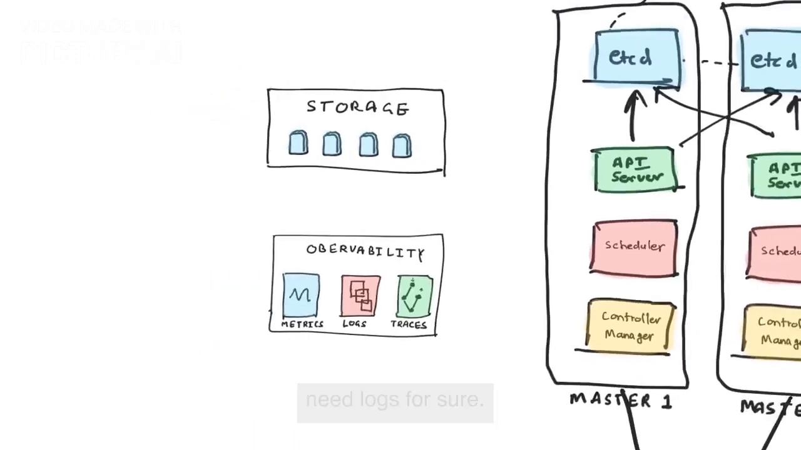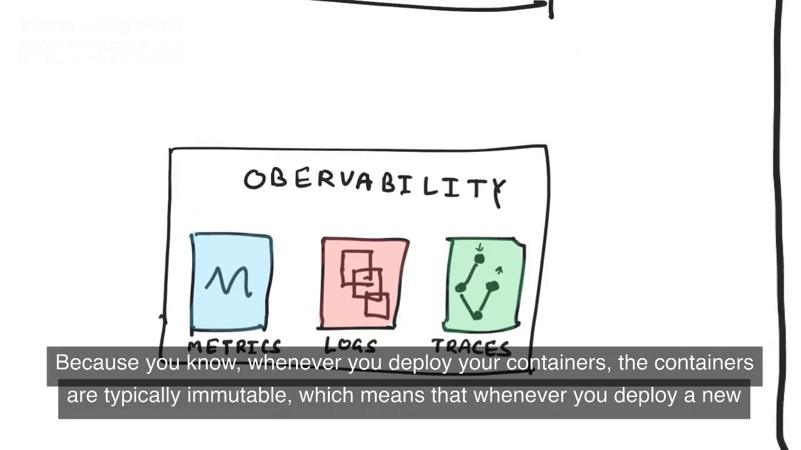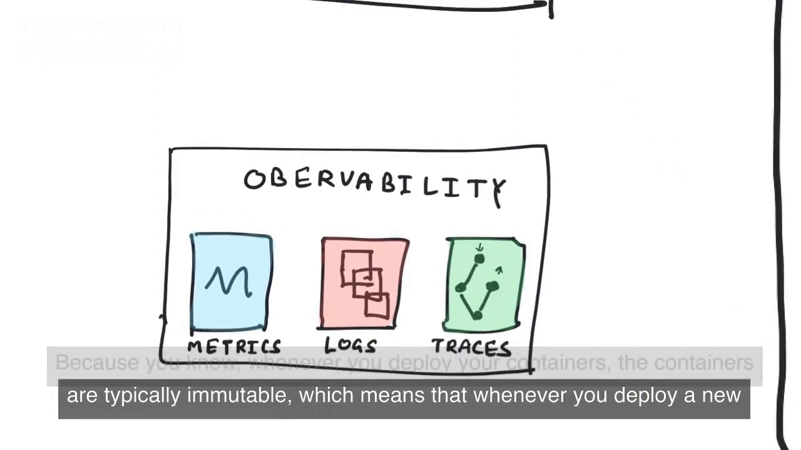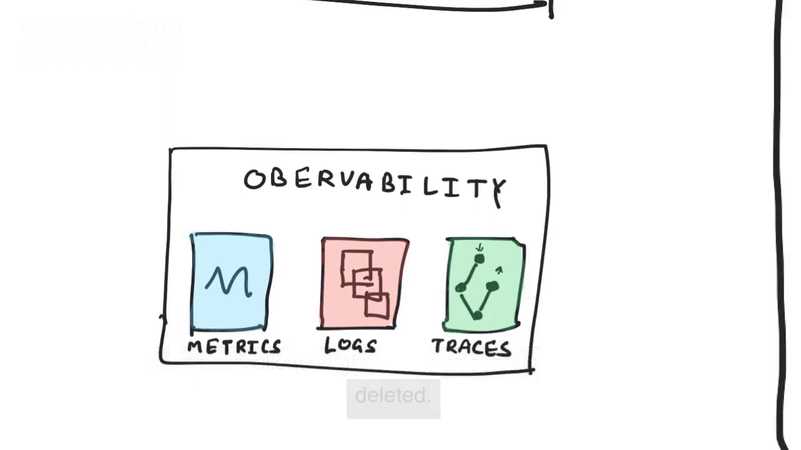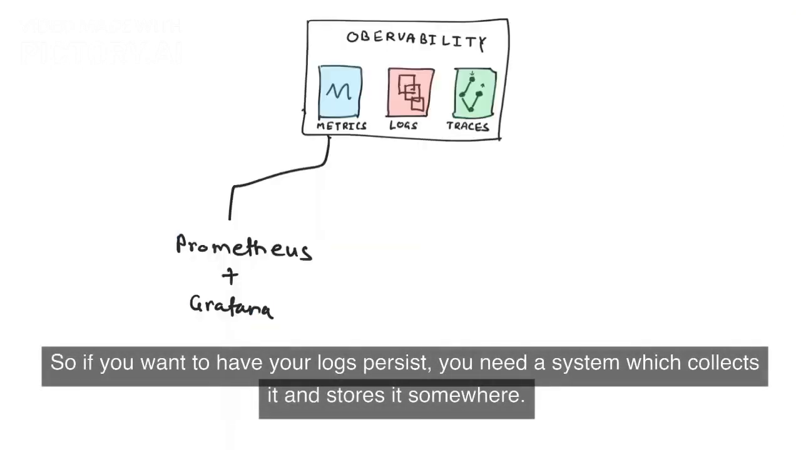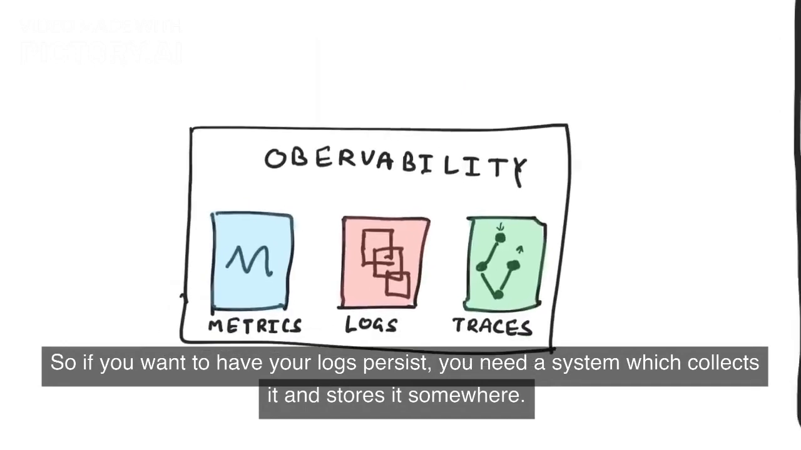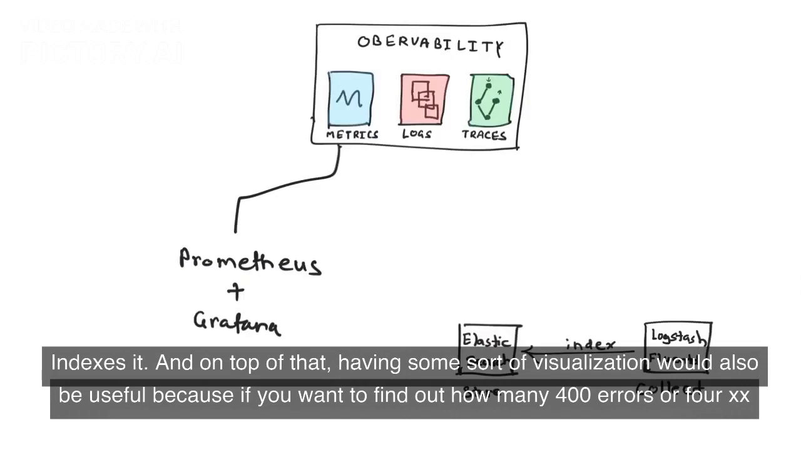Then you need logs for sure, because whenever you deploy your containers, the containers are typically immutable, which means that whenever you deploy a new version of your application, the previous containers are going to get deleted, in which case your logs might also go away. So if you want your logs to persist, you need a system which collects them, stores them somewhere, and indexes them. On top of that, having some sort of visualization would also be useful, because you want to find out